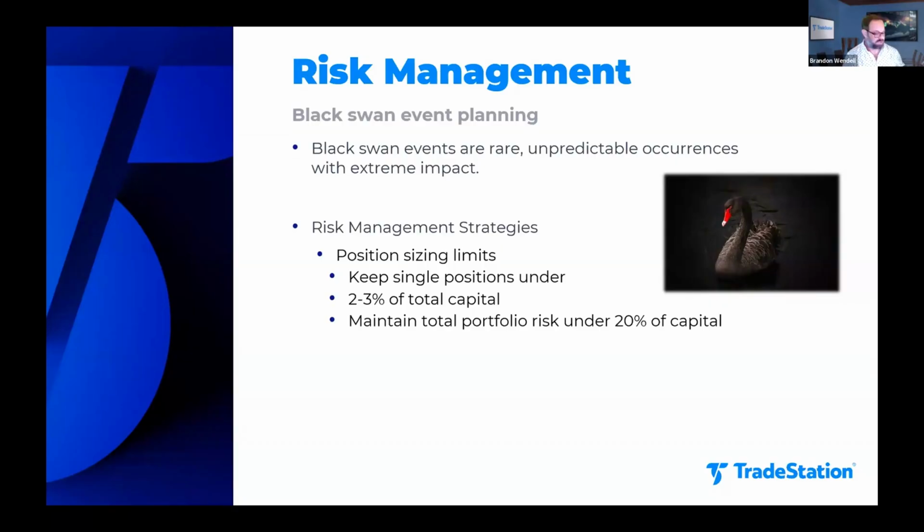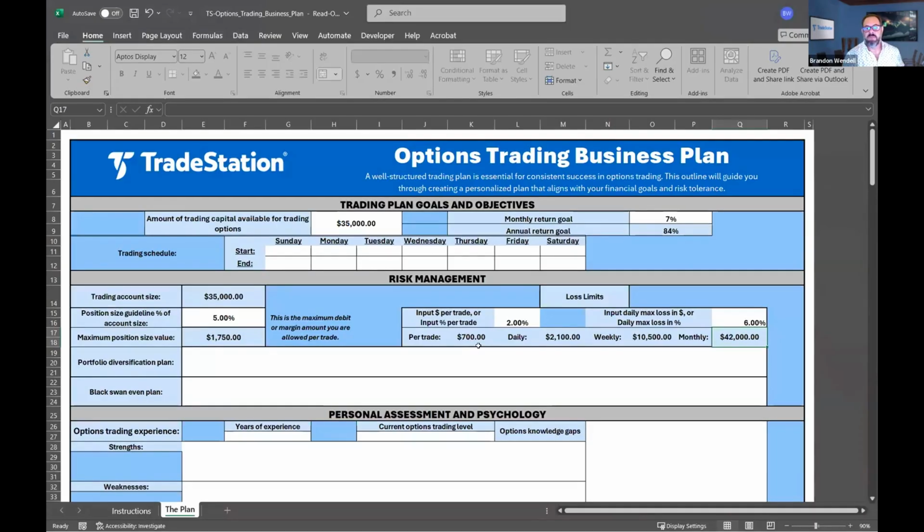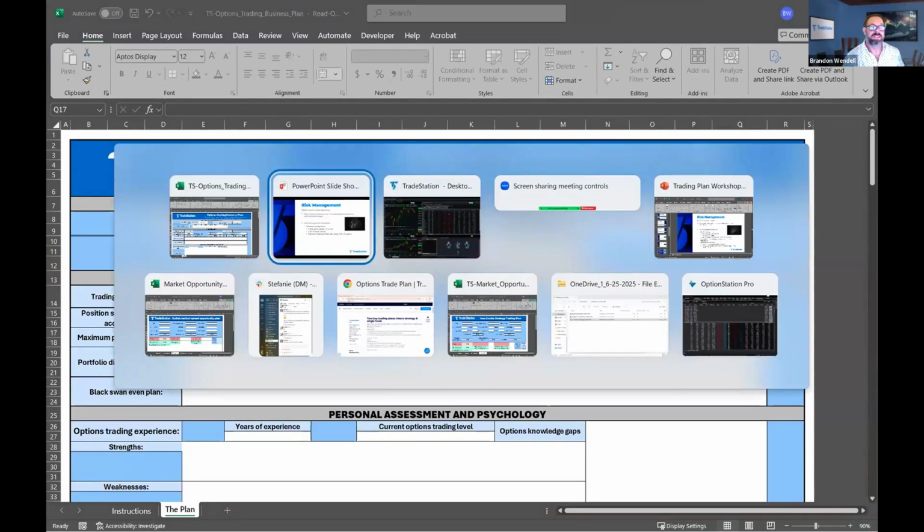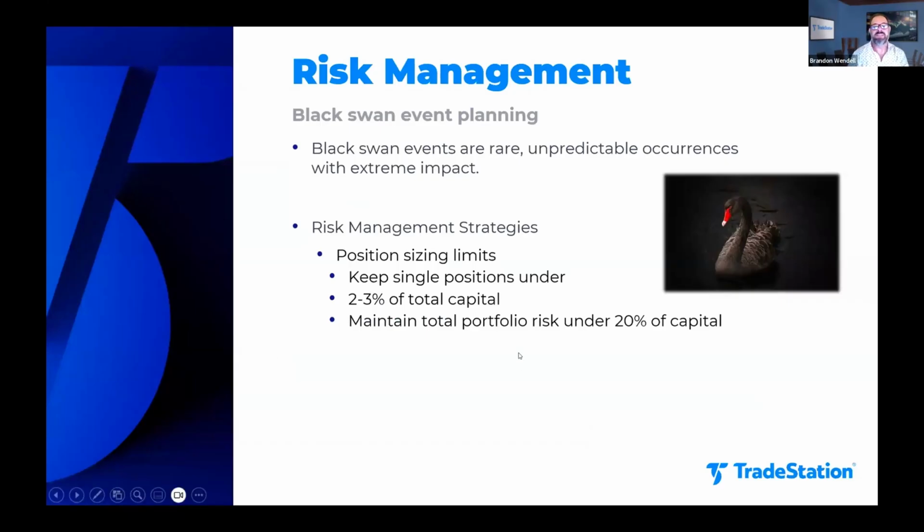I said before, and you saw in the worksheet, your money can be lost very quickly if you risk too much. This was less than a month with only 6% max loss per day. If I drop it down to 3%, we're still fighting after a month if we had that bad of a trade or trading session, basically. If we maintain a small portfolio risk of under 20 to 25% of our entire capital, if something were to happen and every single trade, every single position we had was lost, wiped out, hit stops, whatever it was, we still have money to be able to trade.